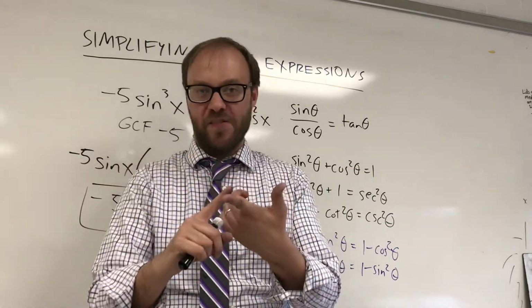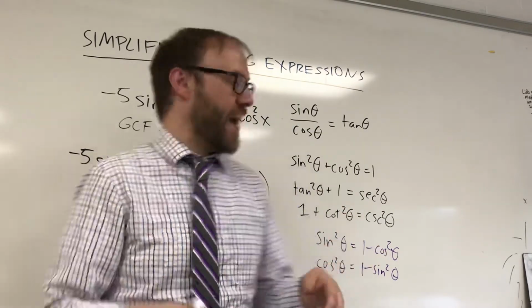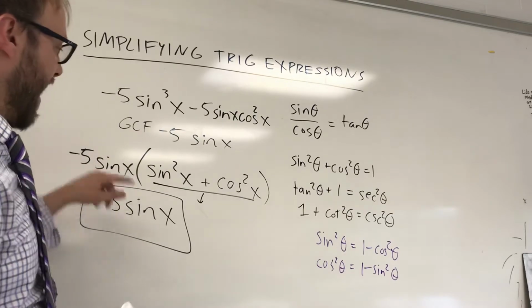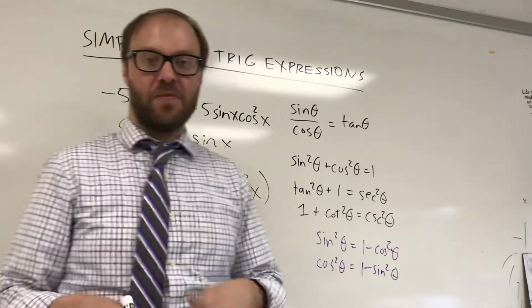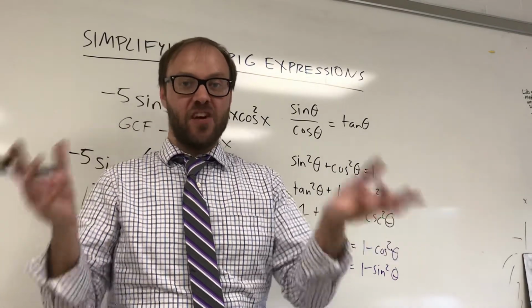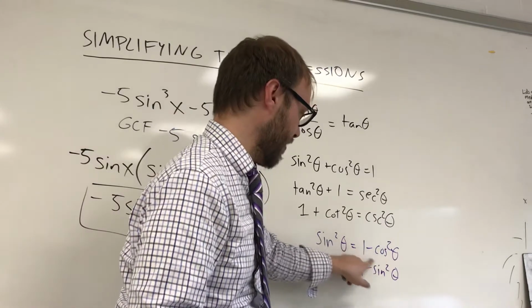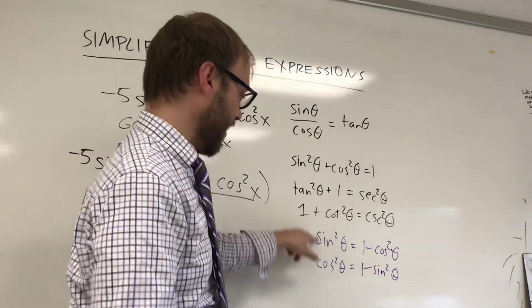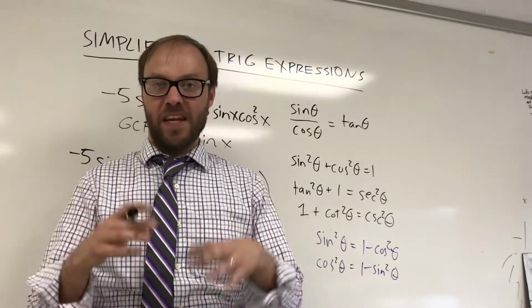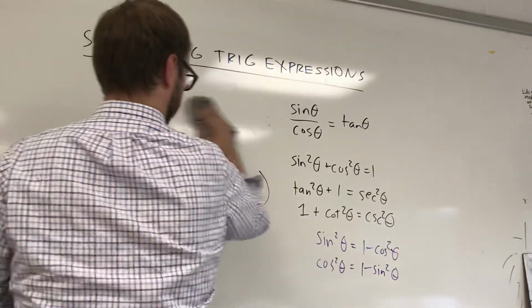If you've got parentheses, multiply out your parentheses. If you don't have parentheses and you notice a greatest common factor, factor out your greatest common factor. See if you can generate something that simplifies down to something easier. Okay? If you've got fractions with different denominators, try getting a common denominator. If you've got a sum or a difference in a denominator with one of these guys, replace it with one of these, and you'll have something that's a little bit easier to simplify. Another strategy that we haven't seen here, but I've kind of implied,